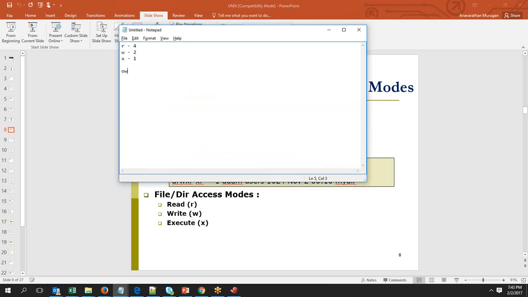So the first one is what we call the owner. The person who first creates the file will be the owner of the file or directory. But at any point of time, we can change that also. But the person who creates the file will be the default owner. Then